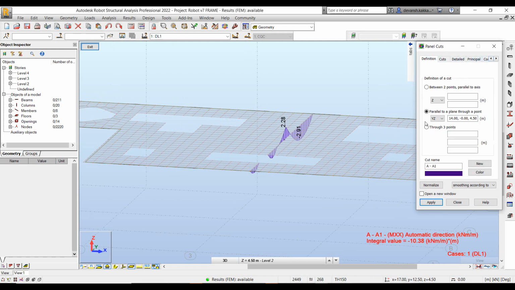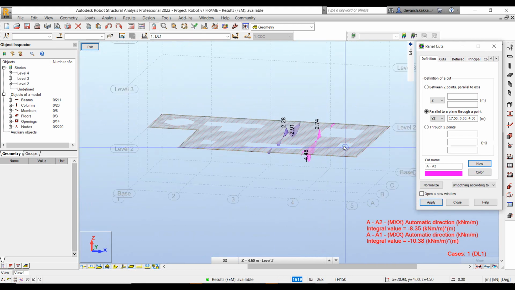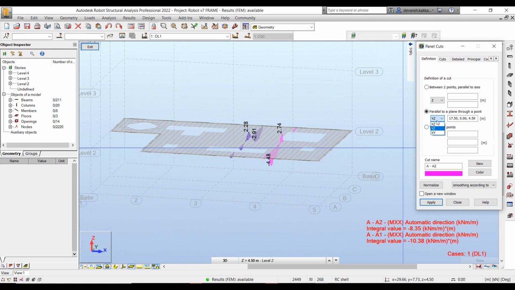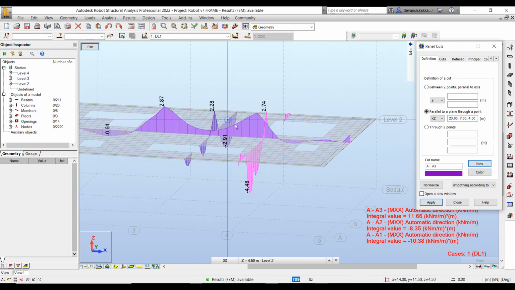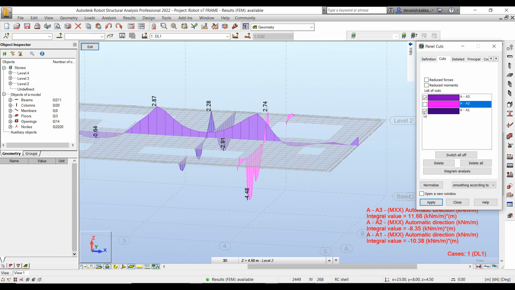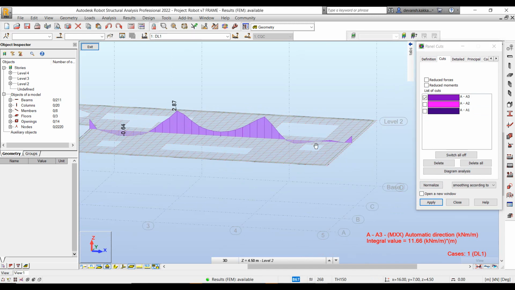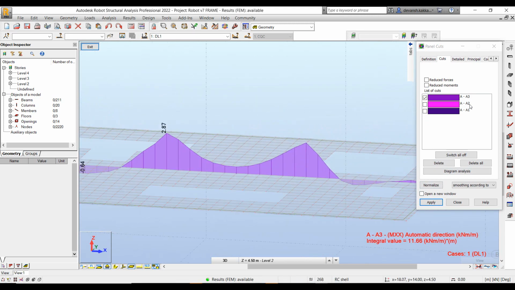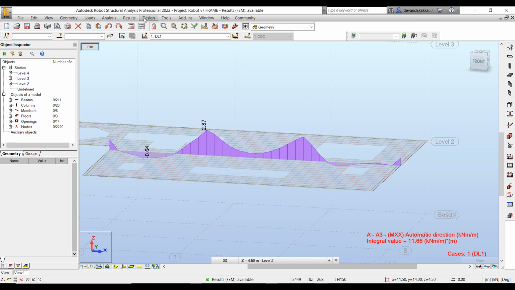You can then create multiple panel cuts, again within the same plane or in different planes, and turn on and turn off the visibility of these panel cuts on the fly. We'll create another panel cut in the perpendicular plane, in the XZ plane, and all you need to do is specify a point within that plane. It will automatically add a new panel cut at that particular location and display the bending moment diagram for that particular section. Then we can go ahead and individually turn on and turn off the visibility. Again, when I'm doing slab design, this gives me a great mechanism to figure out what's the bending moment at that particular phase.